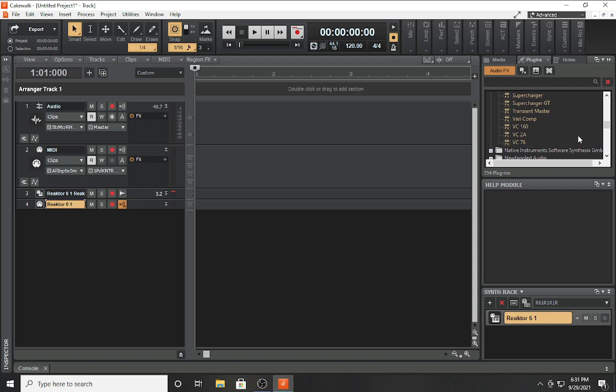Now, if they actually ever do that and allow you to utilize that feature within the plugin itself, then that'll add some cool points to Reason in terms of the Combinator. One thing I will say for Reason's Combinator in terms of its advantage, it provides a user with the ability to